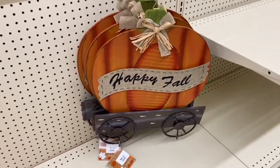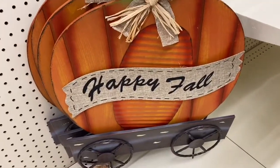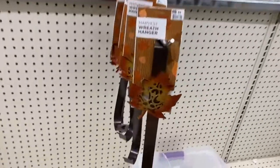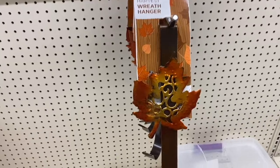Here. Look how beautiful that sign is. That is a gorgeous sign. So that sign, guys, is $18. So like I said, there's not very much I can show you. So we'll just kind of walk around the store. So this wreath hanger with that